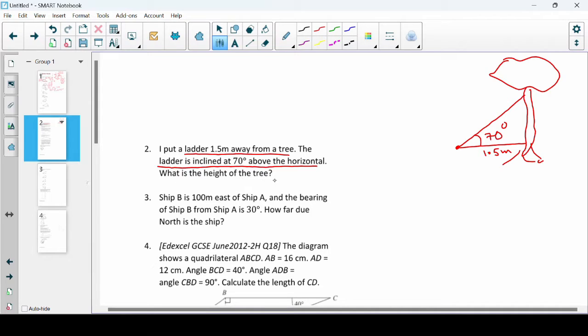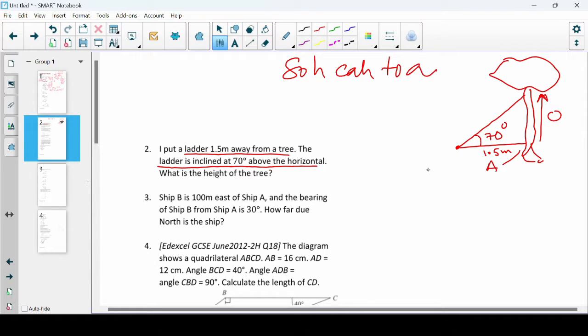What is the height of the tree? So now we have to find the height. So that means we have to find this height. When there are word problems, you can just visualize the scenario and then think. With respect to this 70-degree angle, this height is opposite and this side is adjacent. So adjacent has been given to you. So the formula, you have to just